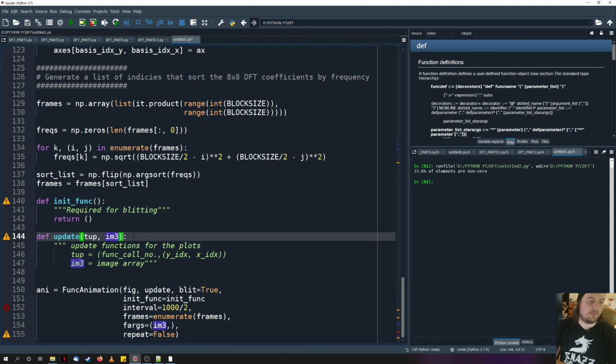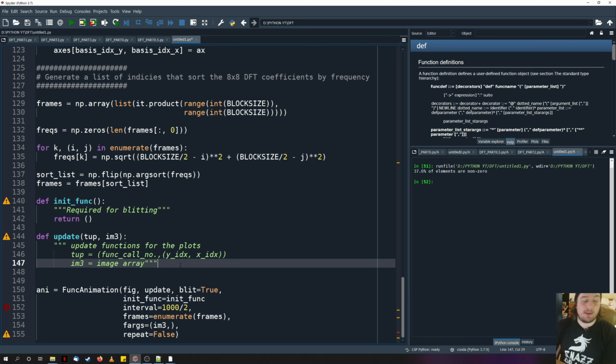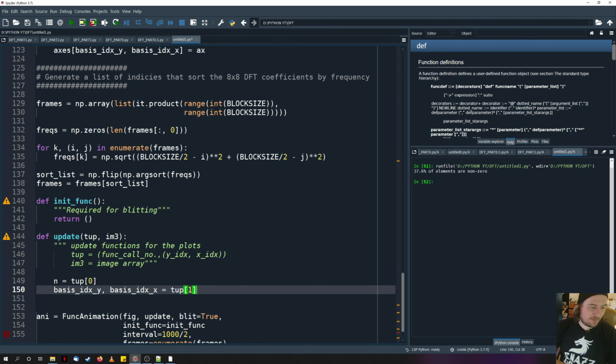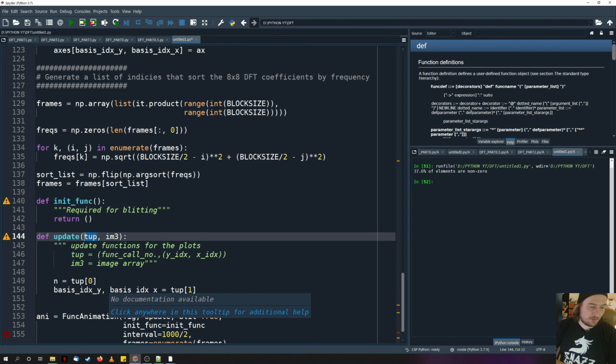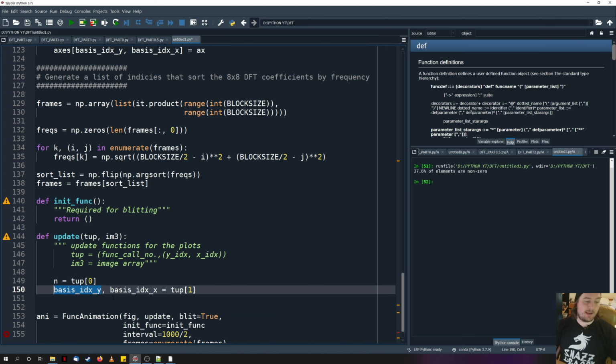So every time the plot wants to update, it comes into this update function. We're going to give it a tuple, which will be the frame number and the indices required to sort it. And we're also going to send it the image 3 array. So this will be the image that we're building based on these basis functions. Okay. We're then going to do some tuple unpacking to get our value of n, which remember is the current frame number, so this will be useful for saving. And then we're also going to get our index